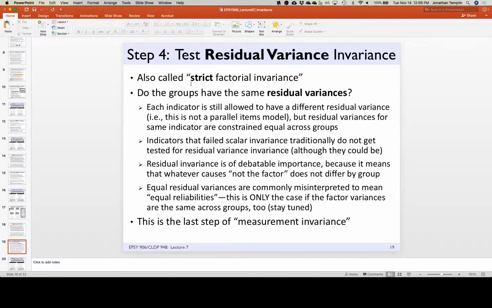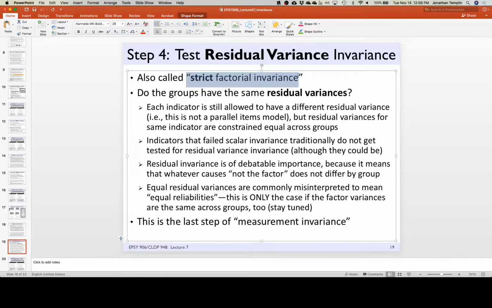Well, it matters. It is error. It talks about how reliable each test is effectively in each group, right? And if you think about why that is, or residual variance, we talk about how much information each item has, right? We learned in IRT information is sort of the reverse, or sort of the more information, the more reliability there is. In factor analysis, information is factor loading squared divided by residual variance, right?